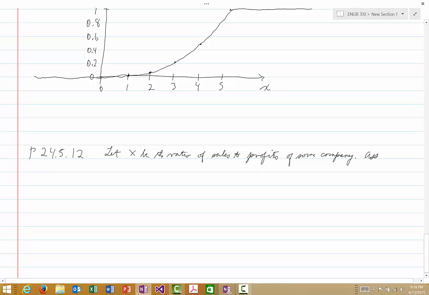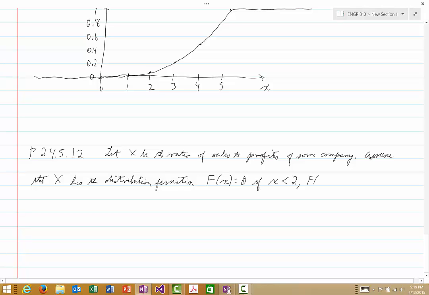Assume that x has the distribution function F of x equals 0 if x is less than 2,